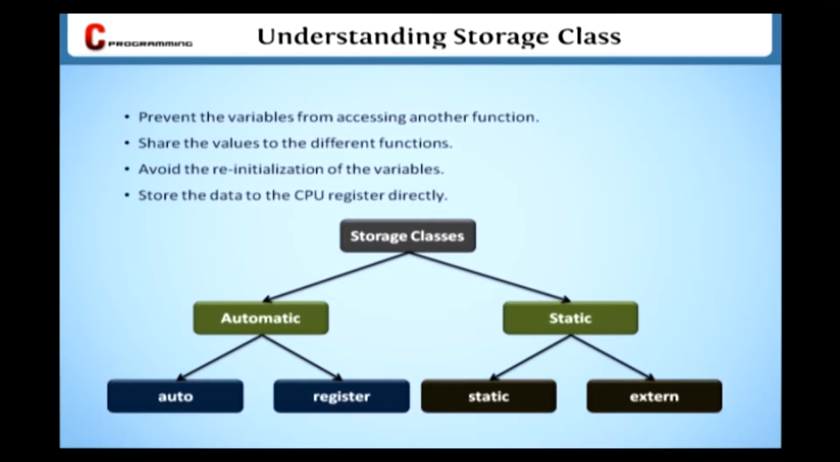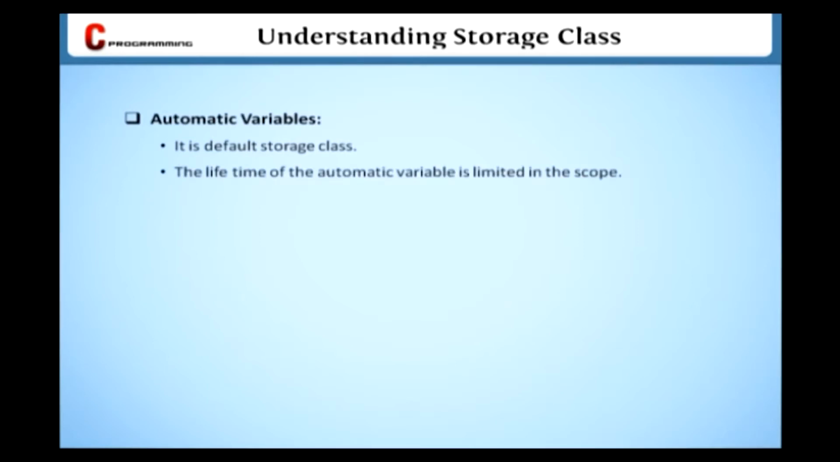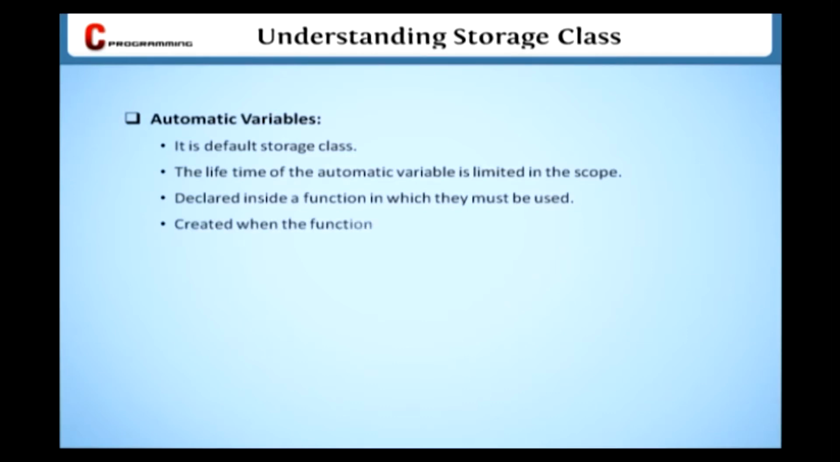Initially, we will see the automatic variables. The automatic variables are one type of storage class. It is a default storage class. The lifetime of the automatic variable is limited in its scope. Automatic variables are declared inside a function in which they must be used. They are created when the function is called and are destroyed automatically when the function has left, consequently the automatic